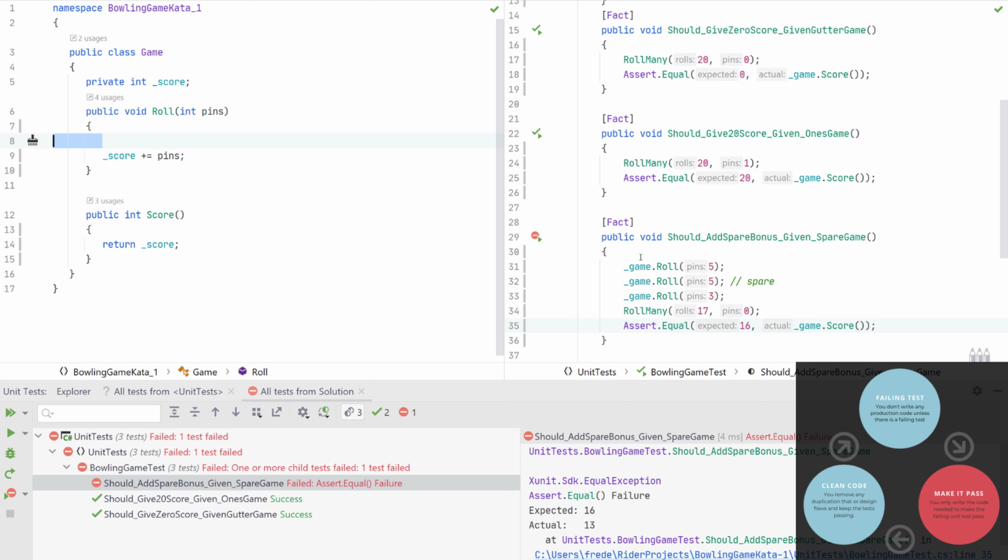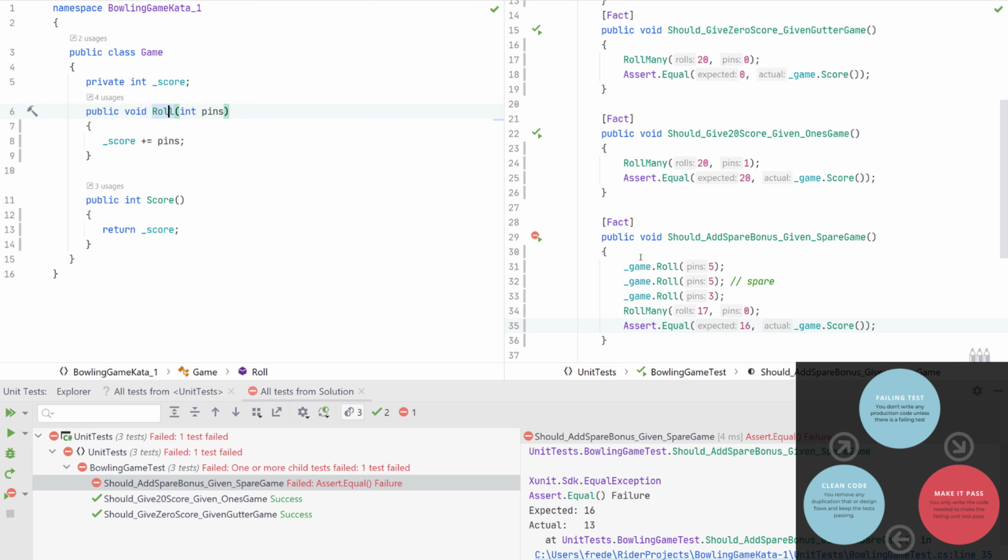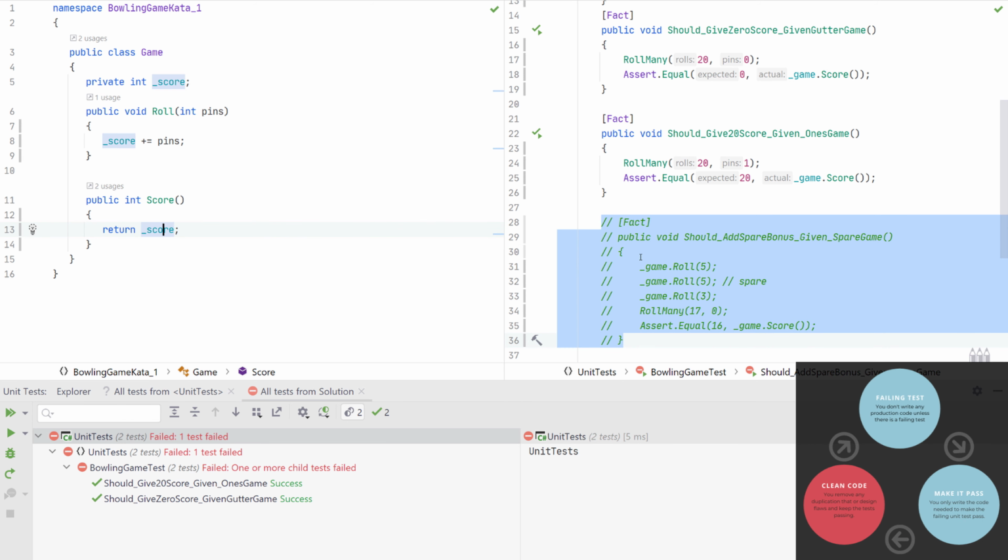But that would be a bad design, because the communication of the roll method is that it's concerned about the roll, but what it actually does is that it calculates a score where the score function, where we would expect to see the actual code to calculate the score, doesn't calculate anything, it just returns some pre-calculated score. So we have a design flaw here. So I'm going to comment out this test, because we are going to go one step back and focus on the refactoring.